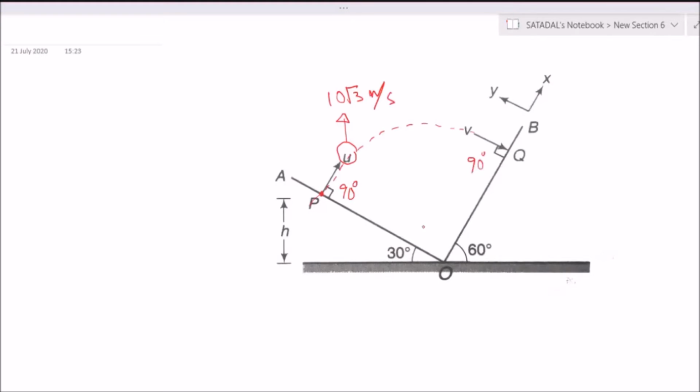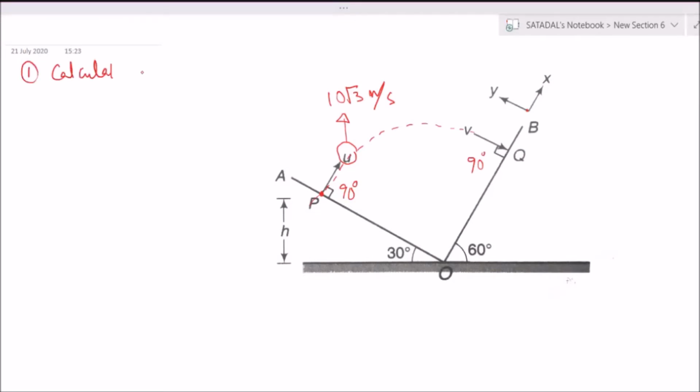Correct? Fine, no? Clear. They have already given you one indication in the question. That is a hint. They're asking that take this OQ plane as X and this AO plane as Y. So what are the questions? So let me narrate the question. First question,